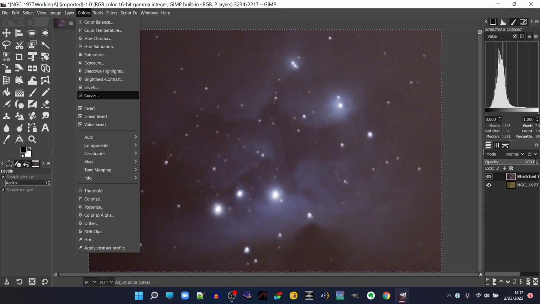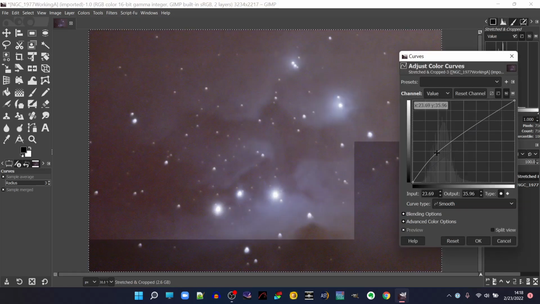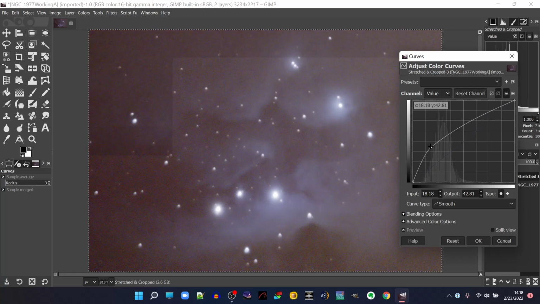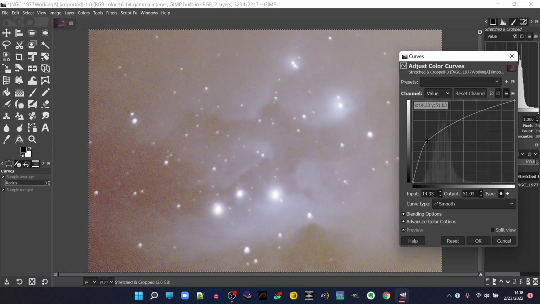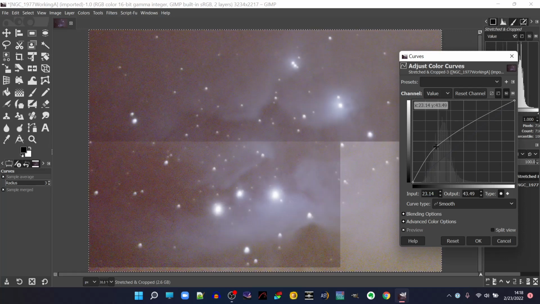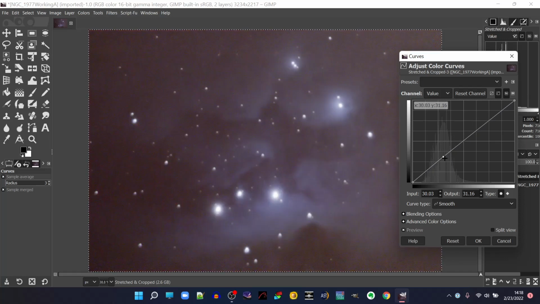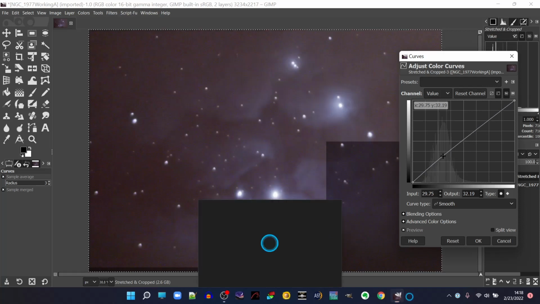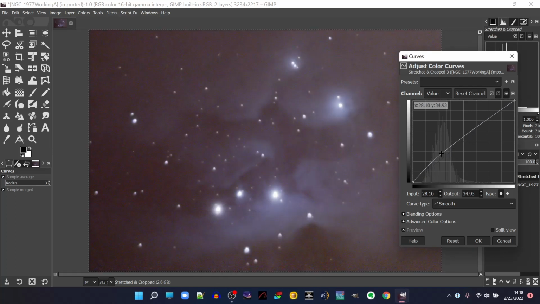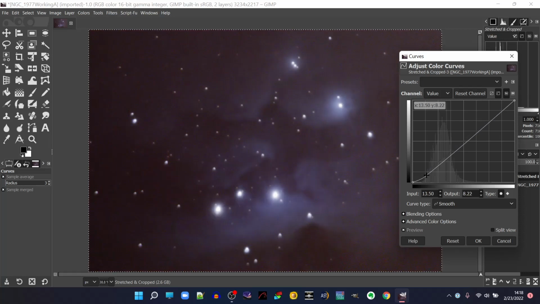Go back into curves. Just play with this a little to see what this looks like. So if you put a severe curve in, you could see it washes out, but you could see the Running Man at different stages of contrast here. Or nothing at all. Okay, so if we put in another curve here,